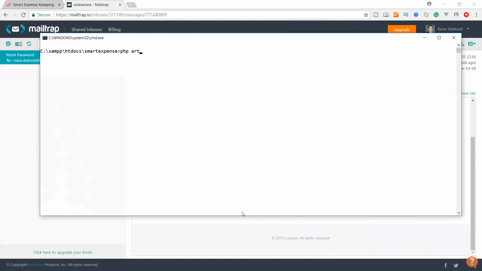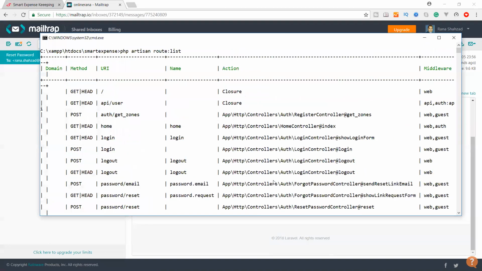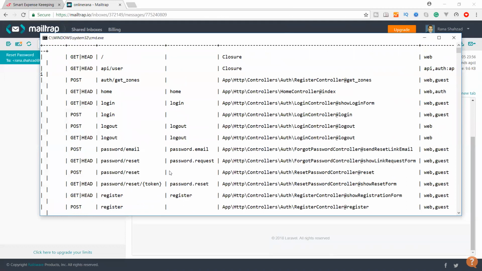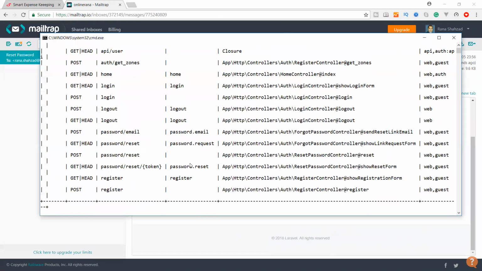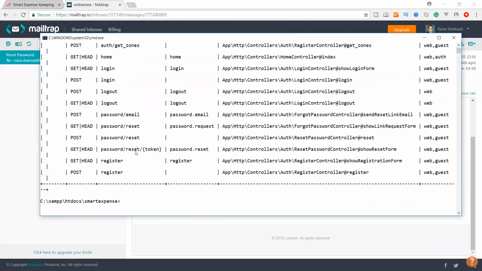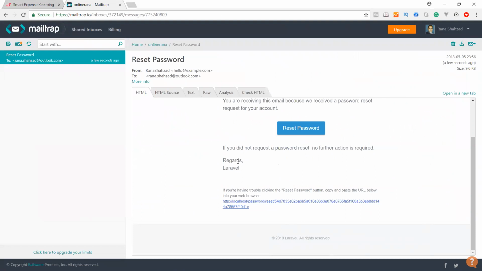So php artisan route:list, and here is the password reset. So password reset token, and this route goes to show reset form. So it is going to localhost password reset.